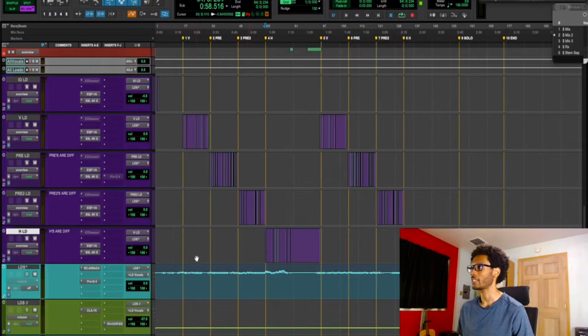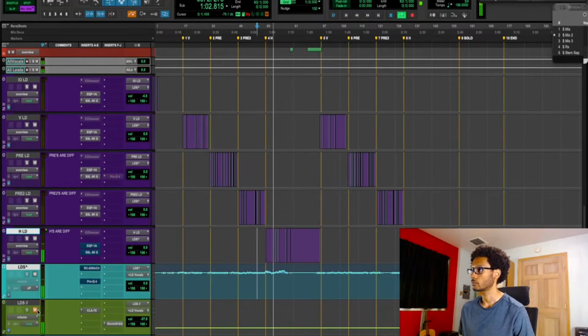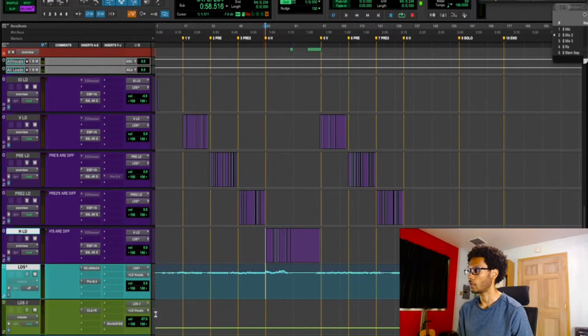There's one notch on this whole entire vocal chain. One notch, just reshaping. And if we just bypass all of this stuff, and then bring it back, all of that just supports the narrative of the vocal performance.